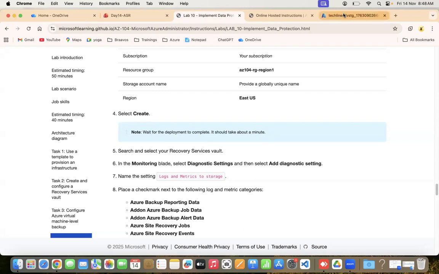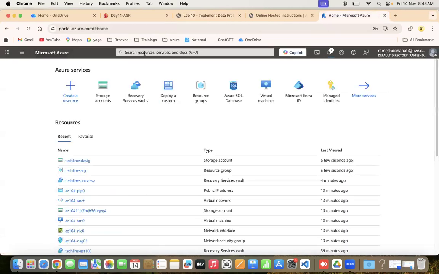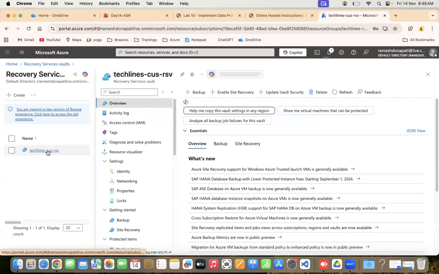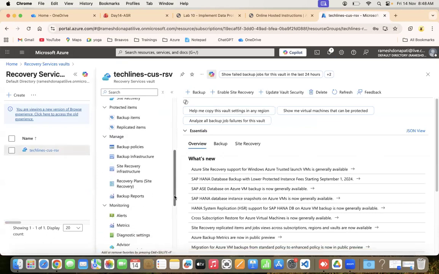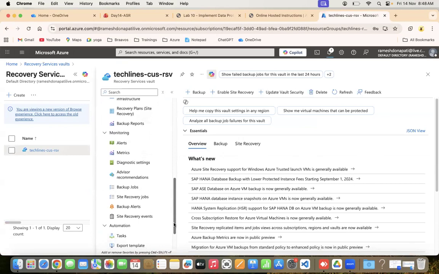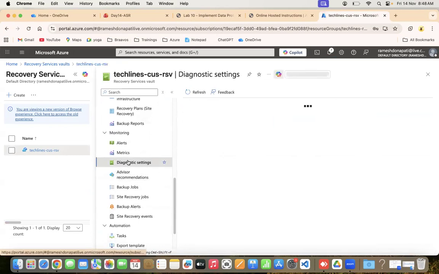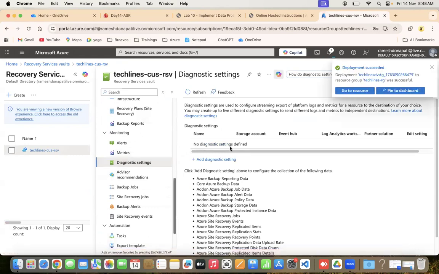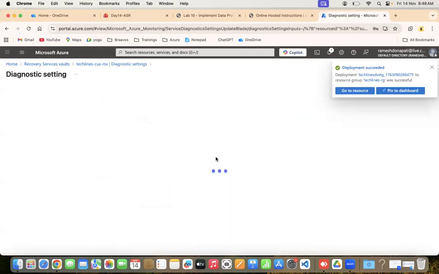Yeah, I'll go to the recovery service vault. This is the vault which we created for primary region, and it says go to monitoring, the diagnostic settings, add diagnostic settings,